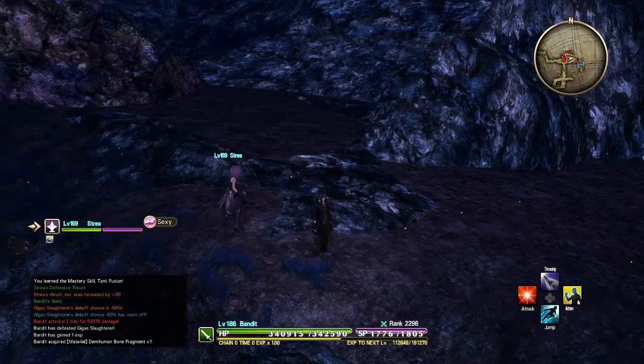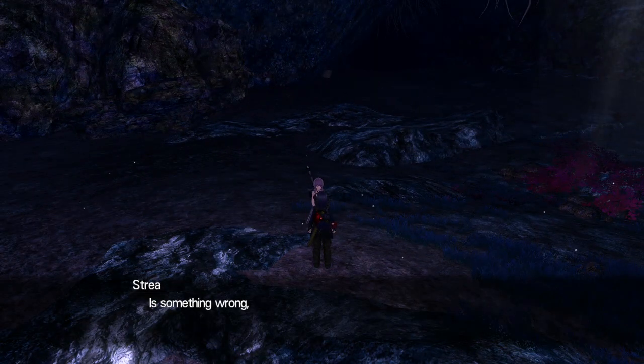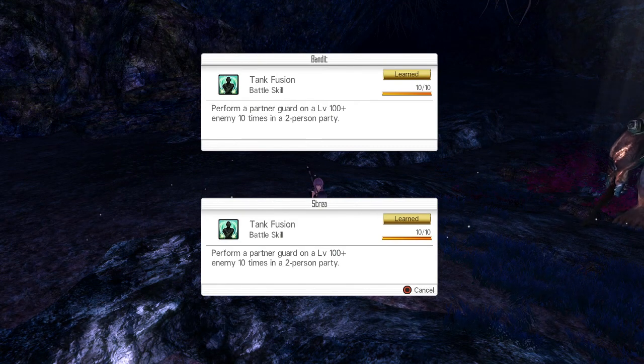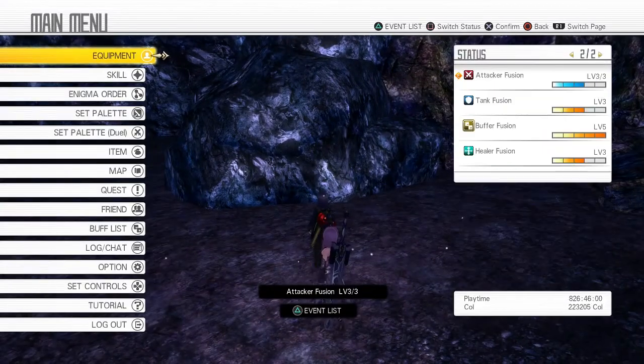So yeah, it pops up that I've learned it now. If I... far out. That's one thing I hate when trying to talk to your partner sometimes. Anyway, if I go to skill fusion, we have learned tank skill fusion. Oh wow, that enemy respawned really quick. I just go over to my acquired. You can see there I got a buff of level 5. Not that that matters. Oh, 3. Oh, I think I know what that level 3 might be. Yeah, that might be a...